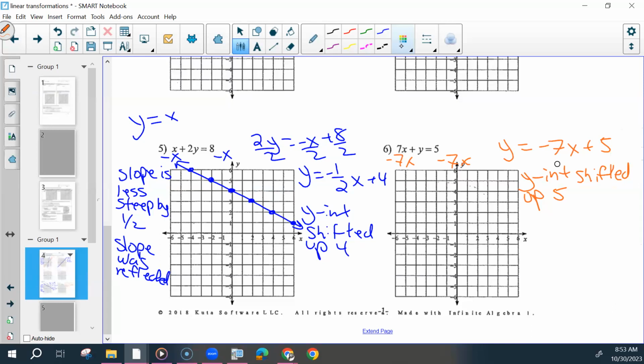Is this less steep? So the negative and the 7 have nothing to do with each other. Would the 7 make this less steep or steeper? So steeper by 7, 7 times the steep. What about the negative? Question. So